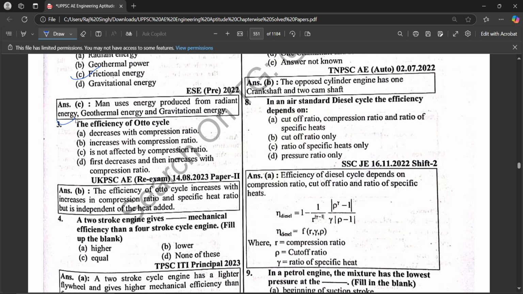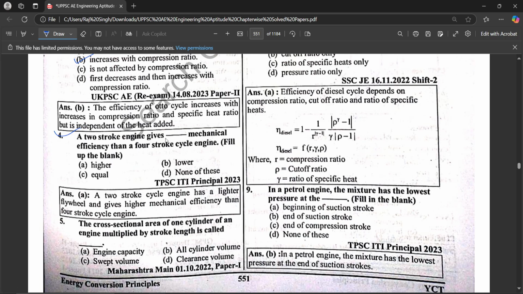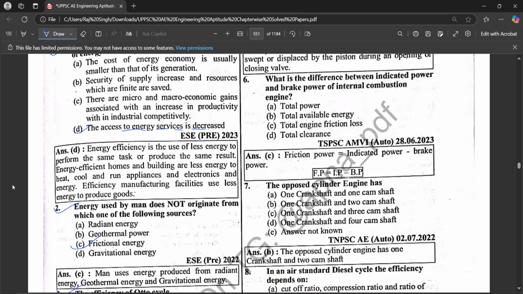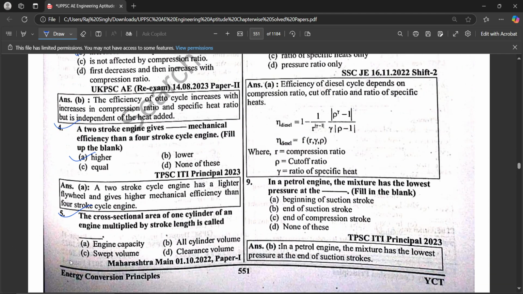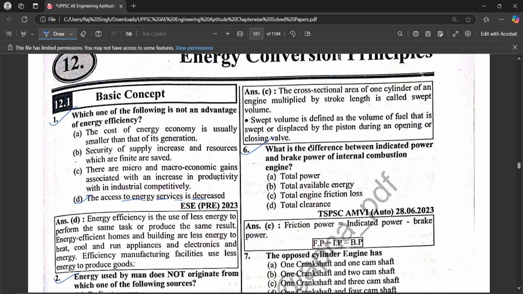The efficiency of Otto cycle is increased with compression ratio. A two-stroke engine gives less mechanical efficiency than a four-stroke engine. Fill in the blanks, which is higher. The cross-section area of one cylinder of an engine multiplied by the stroke length is called, which is the correct answer? सी, आई थिंक। ठीक है, विच इज स्विफ्ट वॉल्यूम। नेक्स्ट क्वेश्चन देखते हैं, व्हाट इज द डिफरेंस बिटवीन इंडिकेटेड